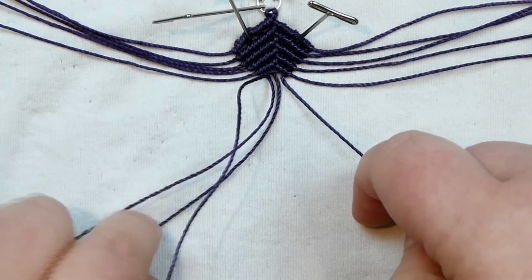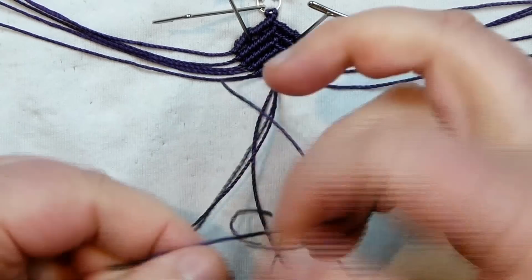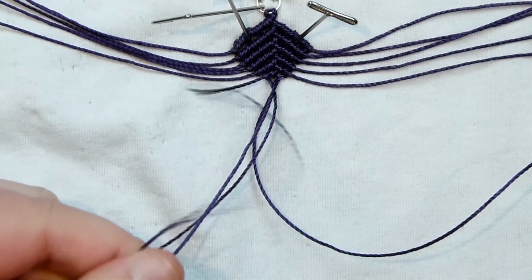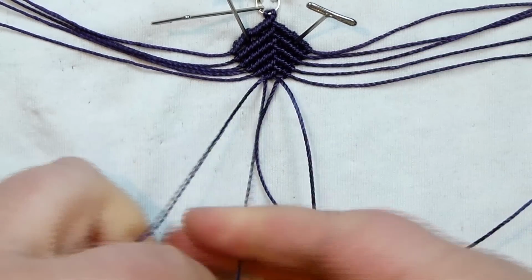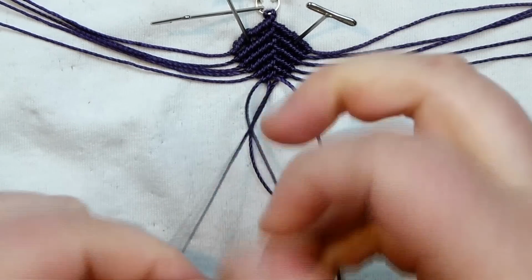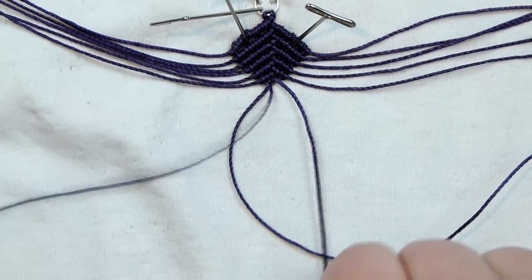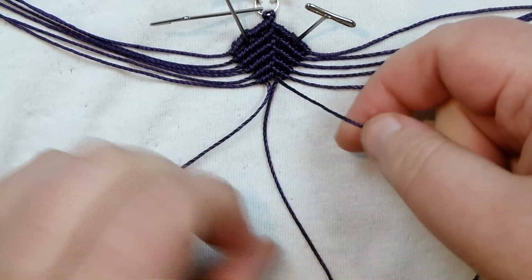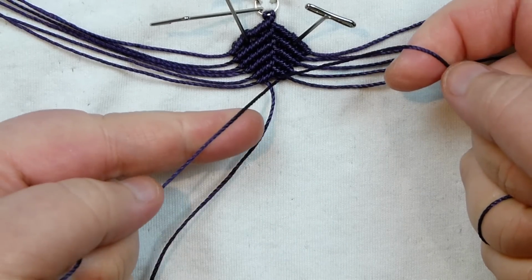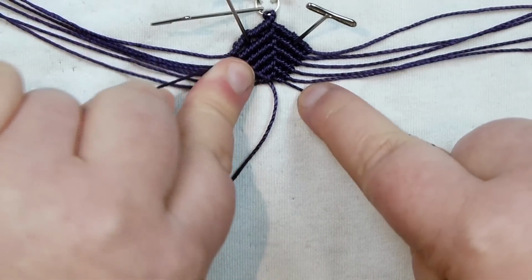Now we only have two cords left on each side, so again just same thing, take the inner two, my right one goes over my left one, make a double half hitch, and the last one in this row, put the holding cord from that row out of the way, go in and take the first one from that row, crossing over to the other side, and on here we only have one working cord left, so just take that and do a double half hitch around the holding cord,